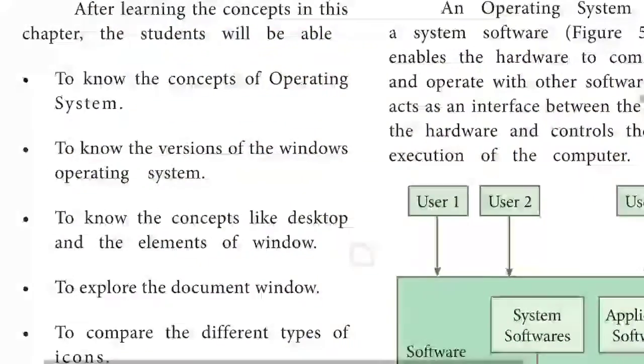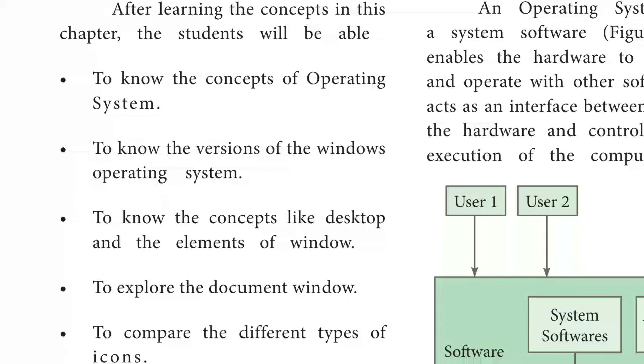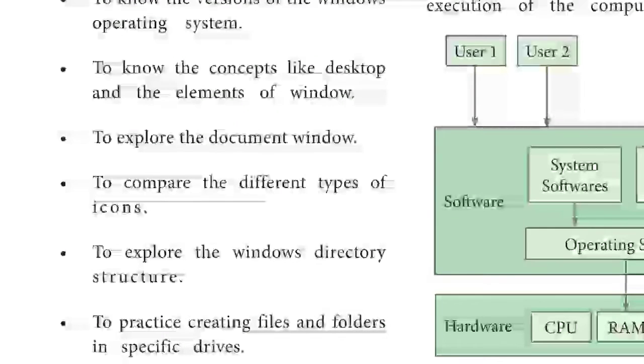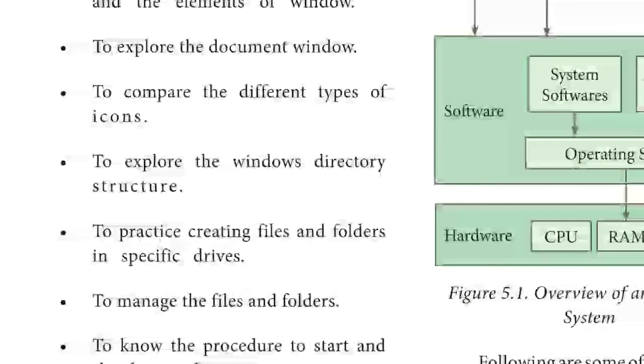We are going to discuss the various Windows operating system versions, the different types of Windows operating system versions, and we are going to understand concepts like the desktop and the elements of Windows. What are all the elements of the Windows operating system? And here you are going to explore document windows, compare different types of icons, explore the Windows